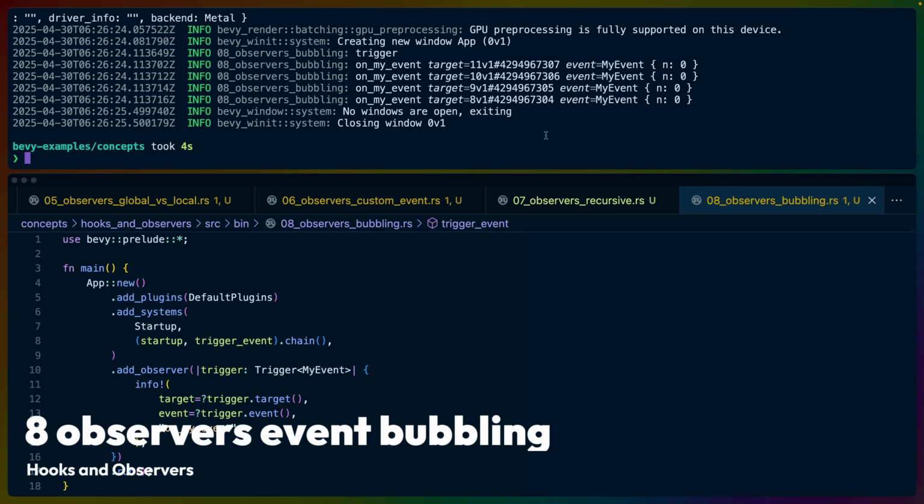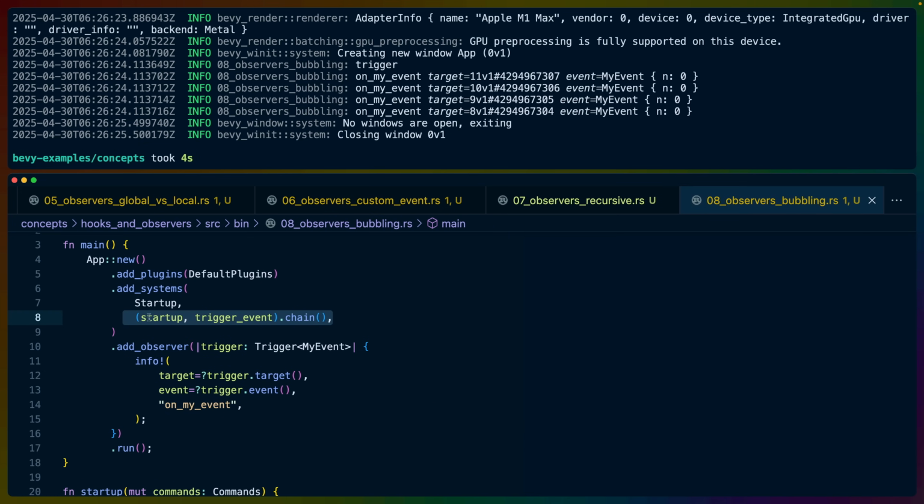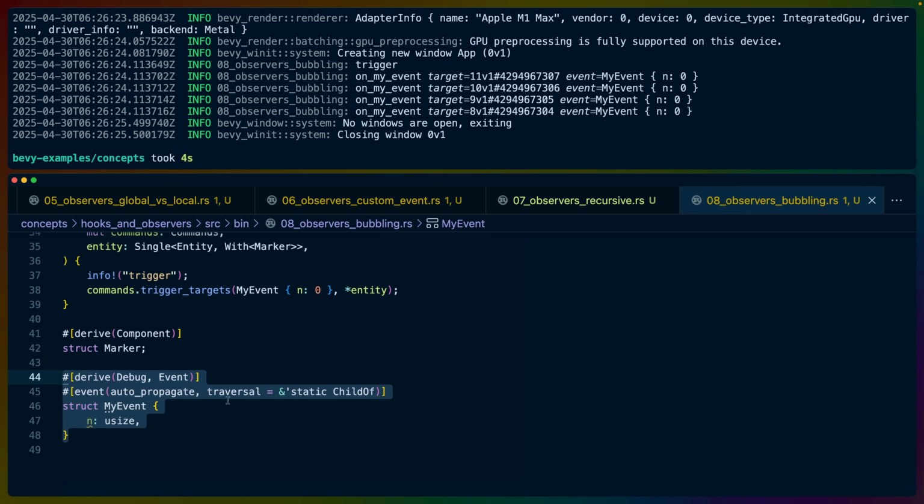So that brings us to our next example, which is kind of like recursion, but is actually event bubbling. So here we've got a new setup. We've got startup and then trigger event, and we've got a global observer. Global observer is looking again for our custom event. Our custom event is a little bit different now. Our custom event includes auto propagate in the attribute macro, and we've defined a traversal component, which we'll talk about